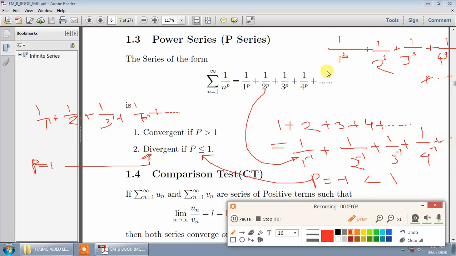Therefore, this is nothing but a P series with p value equal to 1. So if p value is equal to 1, then what is happening? P value is equal to 3. Then this 3 is what? Greater than 1. And if p value is strictly greater than 1, then your series converges. So this series converges. Okay. Now